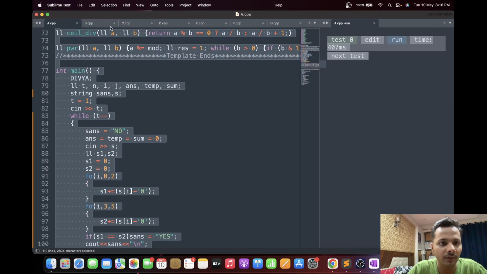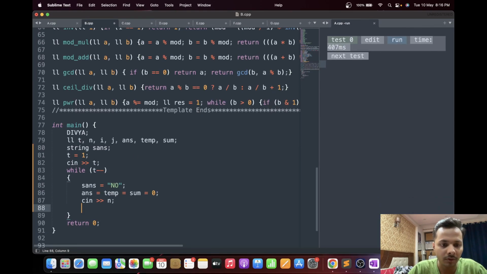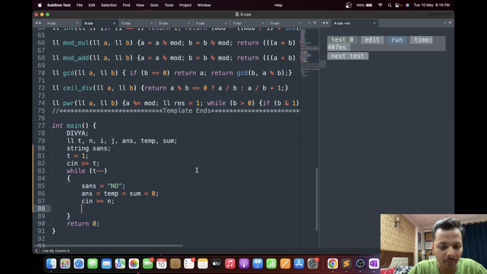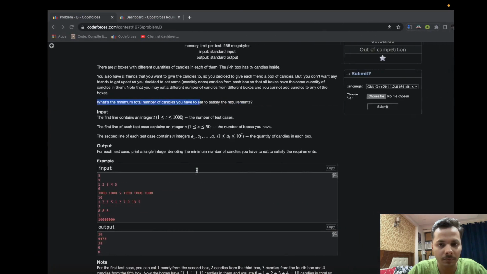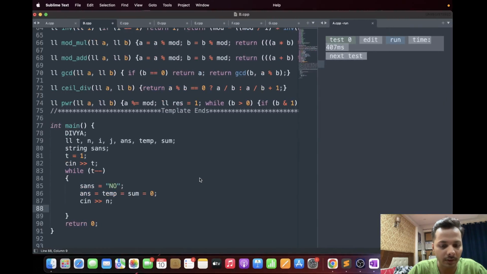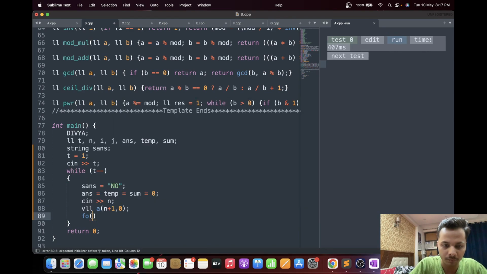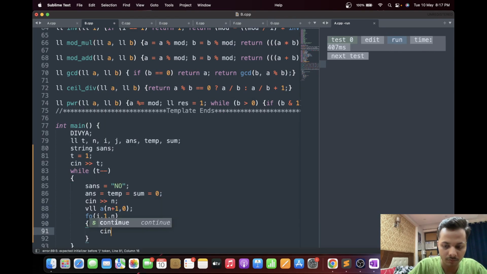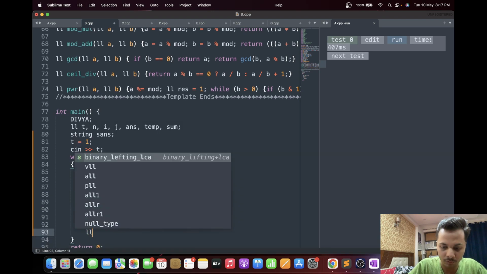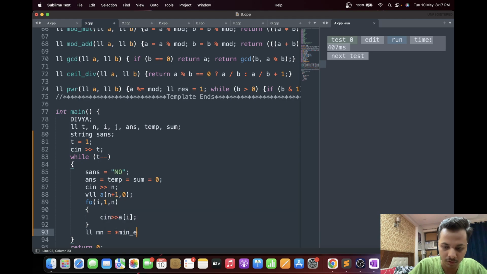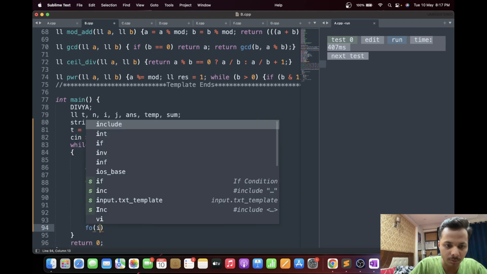I see. So we just have to subtract the minimum element from all the elements, right? Okay, I see. So we just have to make all the elements equal to the minimum element. So the minimum element is going to be this, and then we just have to subtract it, right?